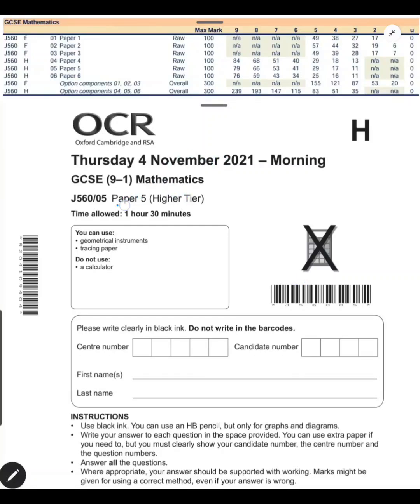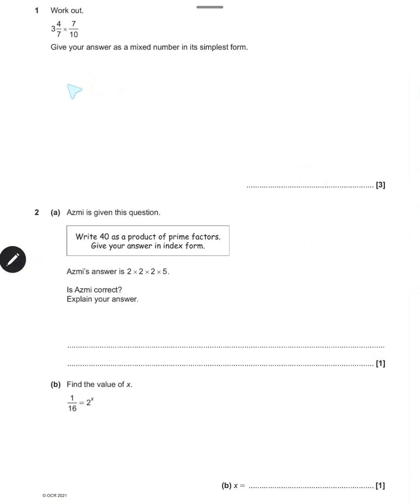So we're doing OCR's paper 5, the higher tier non-calculator paper from November 21. And if we have a look at the grade boundaries, paper 5, you need 17 marks for a 4, 29 for a 5, 41 marks will get you a grade 6, right up to 79 marks for a grade 9 on this paper. So question 1, we've got fractions to multiply, and we've got 3 and 4 sevenths multiplied by